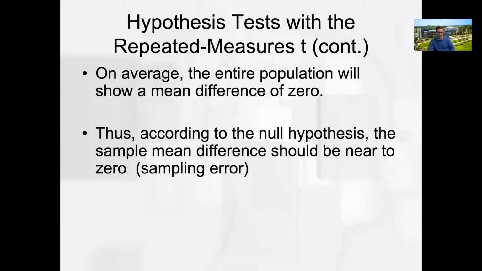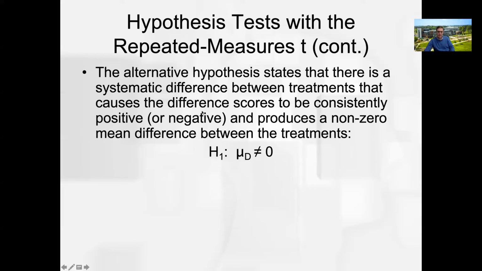The alternative hypothesis, or the research hypothesis, states that there is a systematic difference between the treatments that's going to cause the difference scores to be consistently positive or negative, and produces a non-zero mean difference between the treatments. Right? So this alternative hypothesis is saying that the mean of difference scores is not equal to 0. It could be higher than 0, it could be lower than 0 if we're doing a two-tailed test. If we are doing a one-tailed test, a directional test, this will be